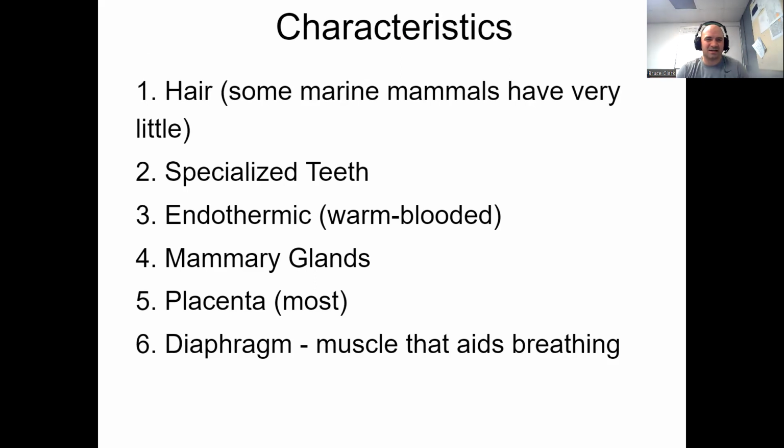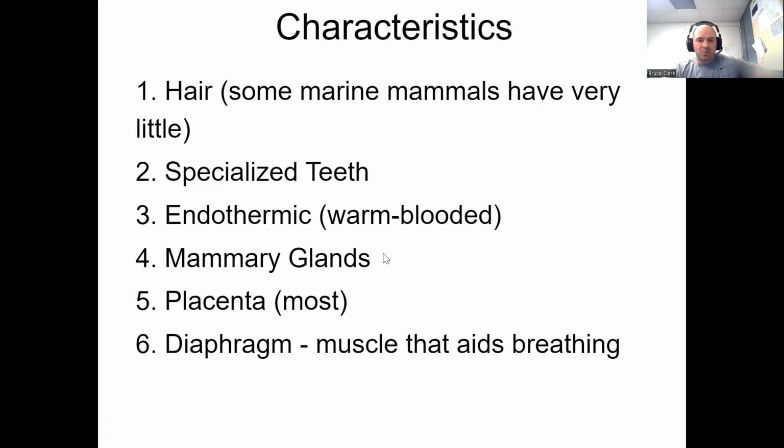Number two, mammals have very specialized teeth. We'll see how we're able to focus on this without being able to look at skulls and whatnot. The rest of the vertebrates that we've talked about either don't have teeth, think about things that have beaks or fish or whatnot, or their teeth are almost all exactly the same. Okay, alligator teeth are the same shape. Doesn't matter if they're in the back or the front. They're pretty much the same tool, whereas mammals have a wide variety of tools in our mouths, and there are different shapes and sizes. Quite the toolkit there.